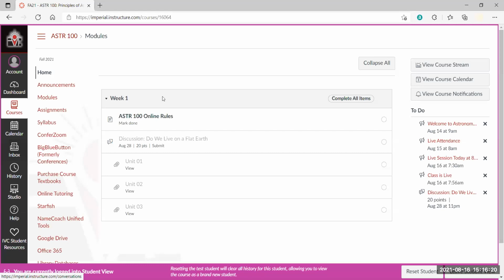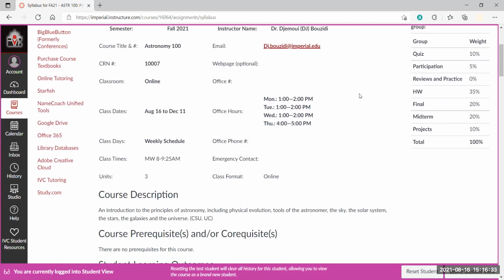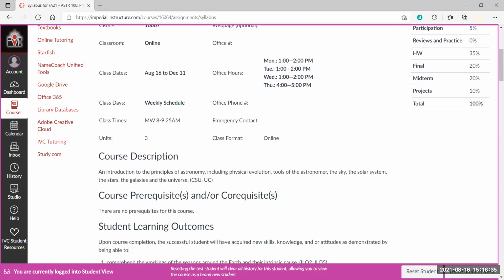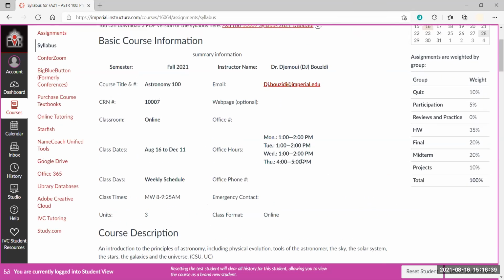Again, I'm in here. There was also another thing on here that I can see, hopefully I can, which is the syllabus. Here is a syllabus of the course. This is everything that we're supposed to have. This is when we're supposed to be meeting on a regular basis. This is also other times that you can schedule a meeting with me. Please don't think that I'm available on campus on these days or anywhere. You have to send me a message ahead of time. Can we meet on such and such day?